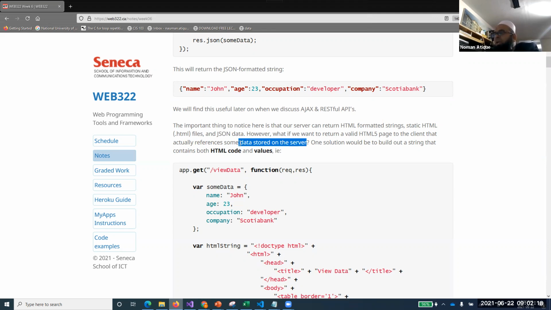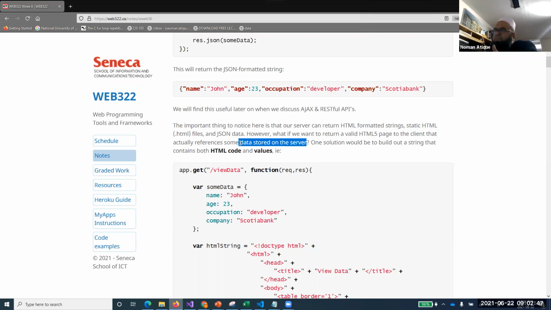So they're asking, what if you have some data stored on the server, and you want to bring that data, stick it into an HTML file, a view file, and then send that file rather than sending raw JSON data or a raw HTML file?